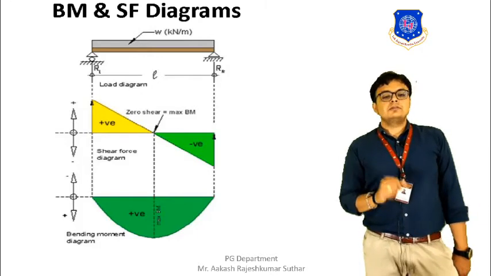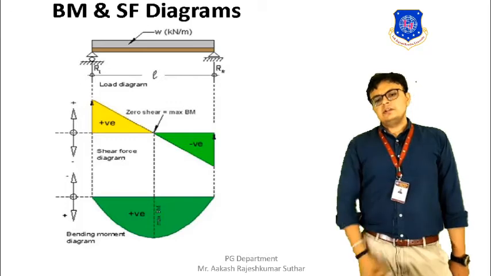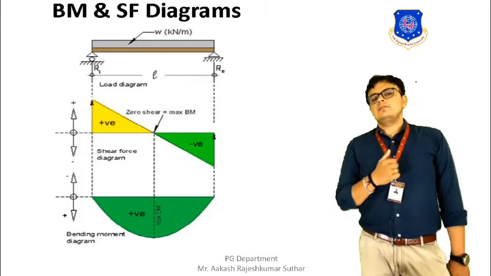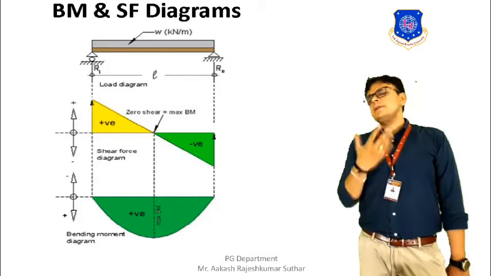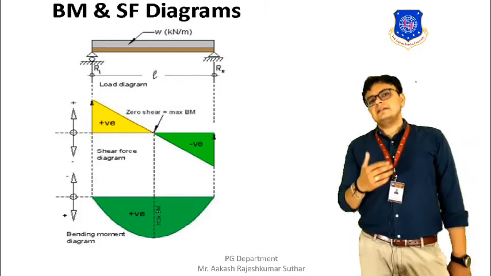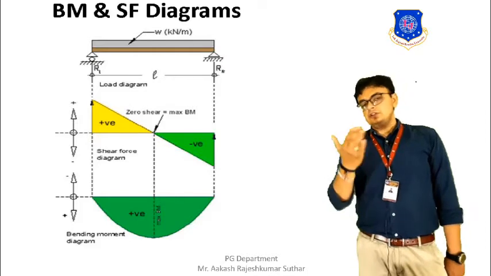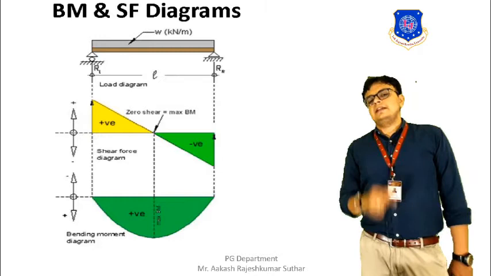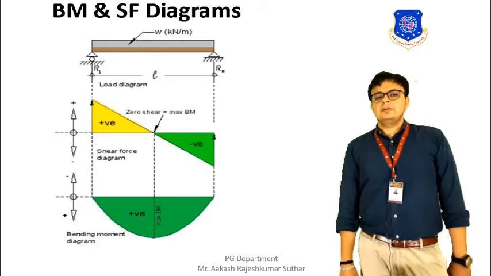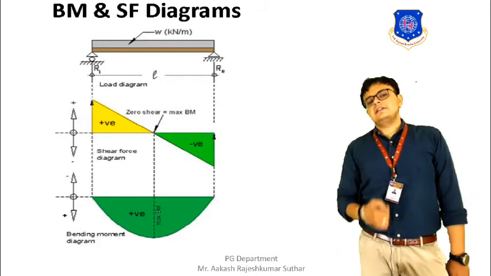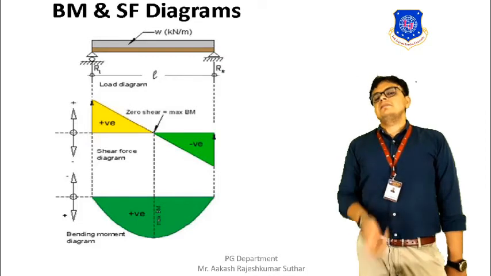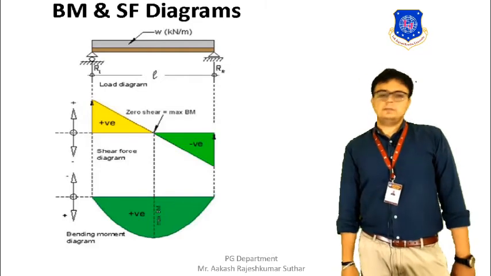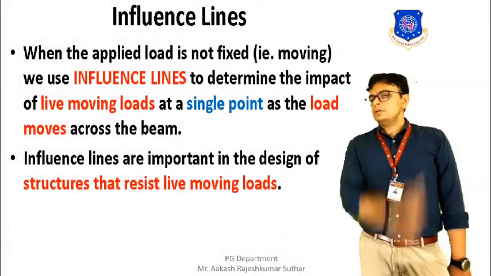So you can see over here, for this particular diagram, we will also be drawing the bending moment diagram. It will be parabolic because it is a UDL. So for UDL, the shear force will be a slant line, and the bending moment will be a parabolic line. Okay, it will be positive. So in this way, we are drawing the shear force and bending moment diagram for point load and the UDL, uniformly distributed load.